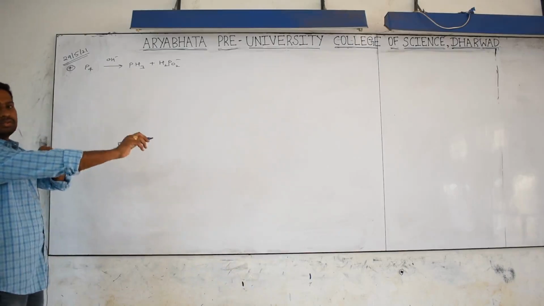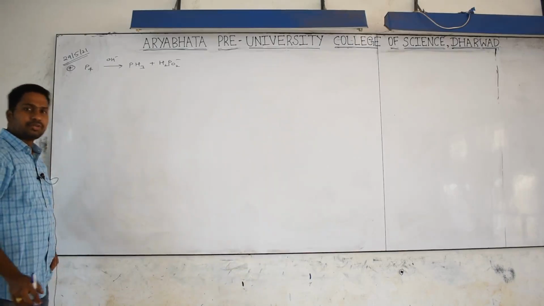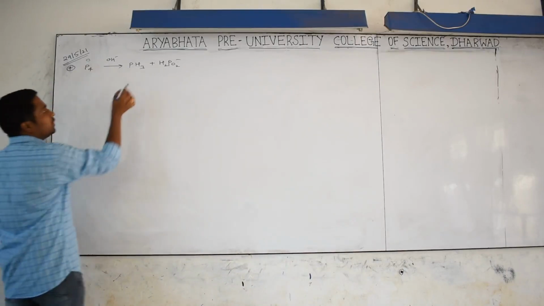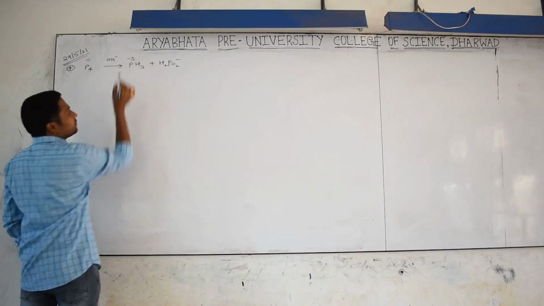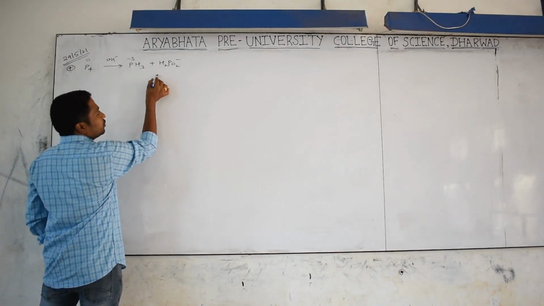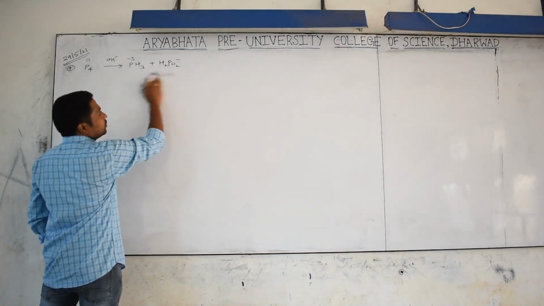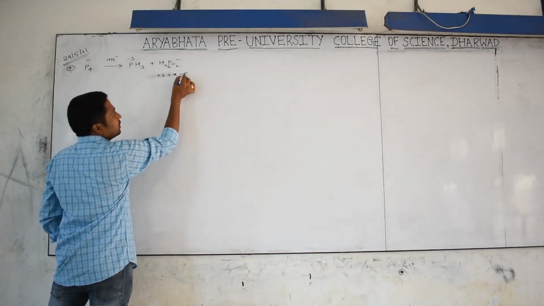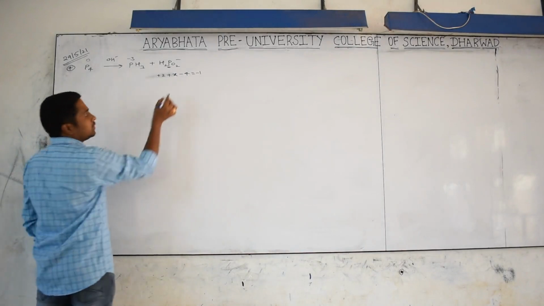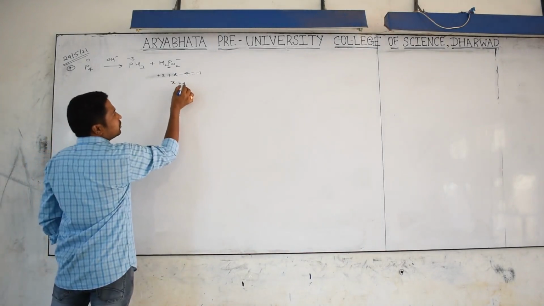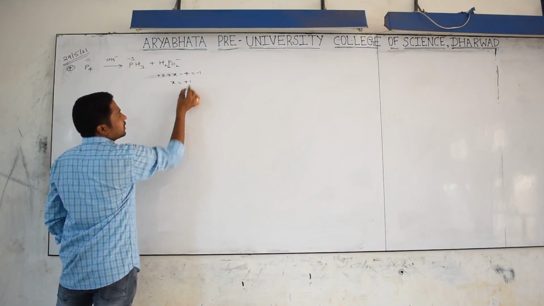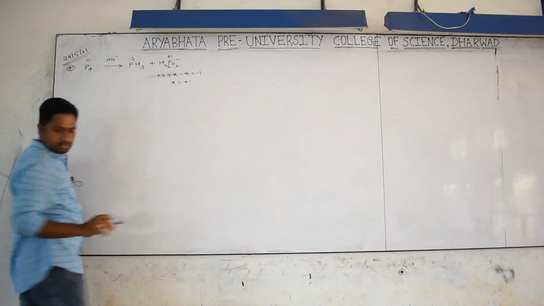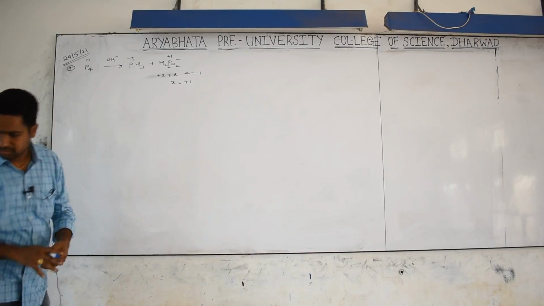So you know very well, first we have to write down the oxidation states of each and every constituent particle. Oxidation number here is 0 because it is in elementary form. Here the oxidation number is coming -3. Here find out the oxidation number of phosphorus: hydrogen is +1, so 2 plus phosphorus X, and 2 times oxygen is -4, which equals -1. Then we are getting X equals +1. So write down here +1 as the oxidation number of phosphorus. Okay, we have to make it that way.